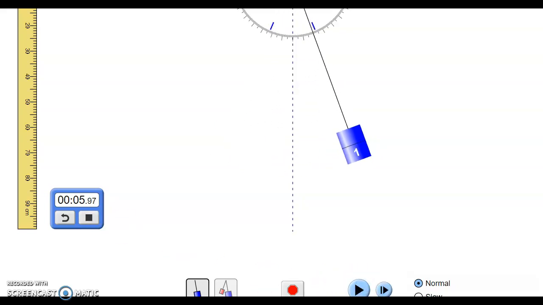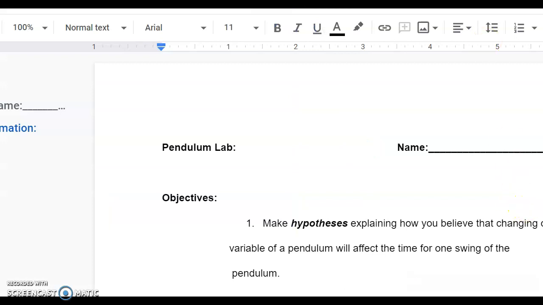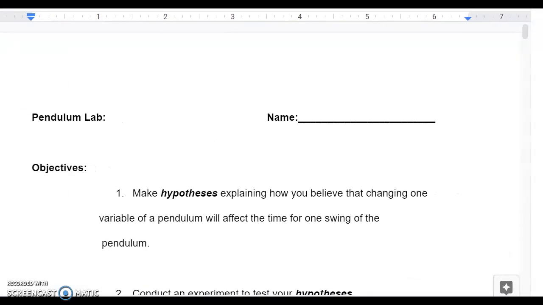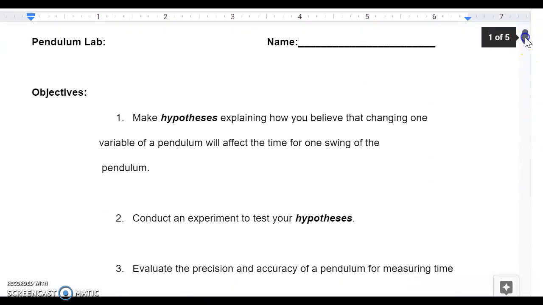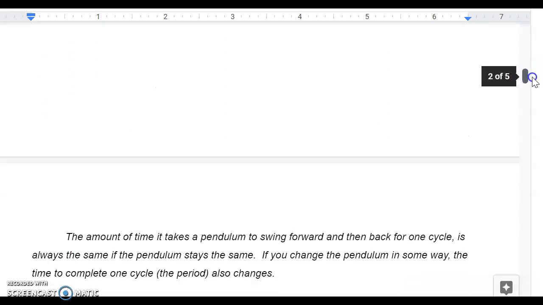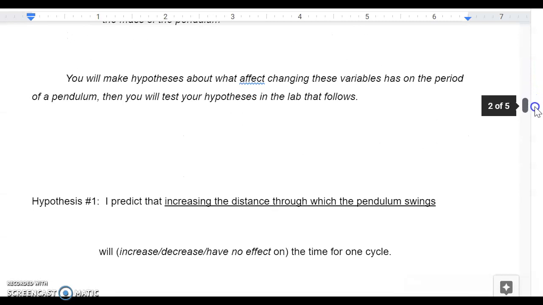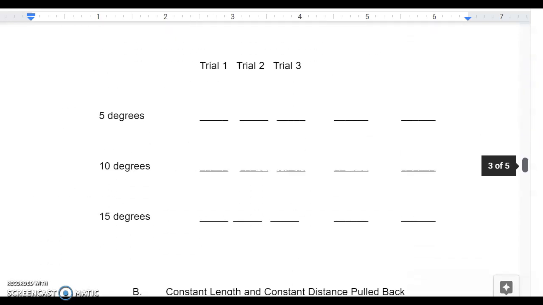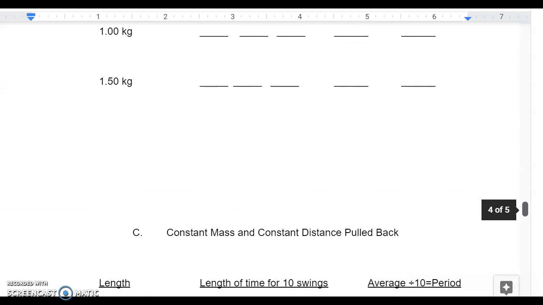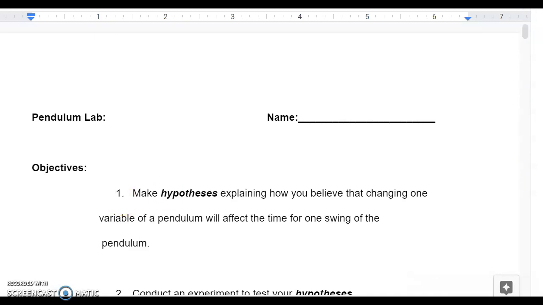So you're going to go to this sheet right here. This is the pendulum sheet. Let me get this over here for you. This is what you're going to be working with. And I want you to go to that website with the simulation, and you're going to try to see how these variables affect how a pendulum swings. It's going to be fairly self-explanatory, but if you have questions, please do not hesitate to email me or chat with me on Google Meet, and I'll make sure I can correct any and all doubts that you might have. Okay, so if you could, for today, let's make sure that